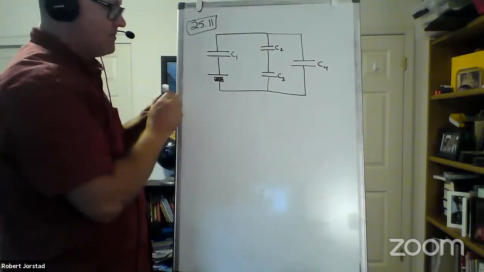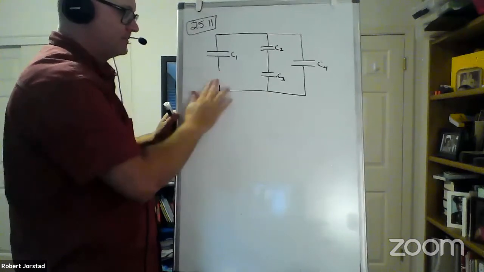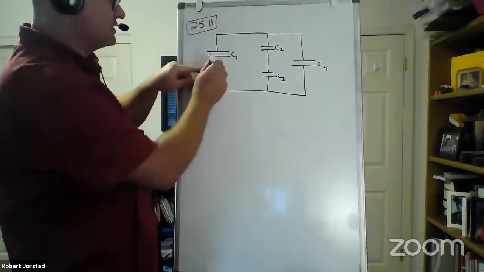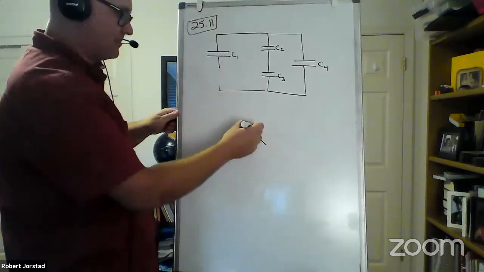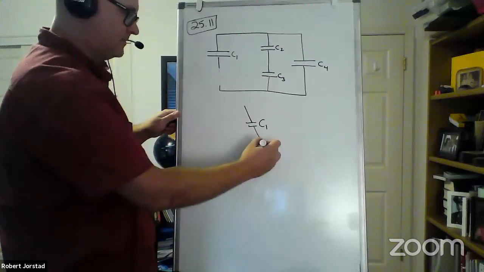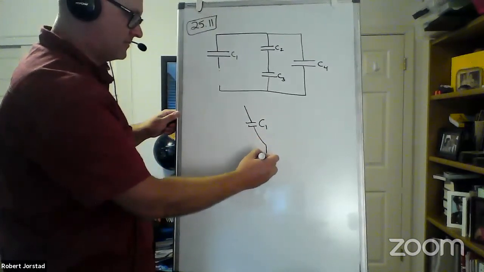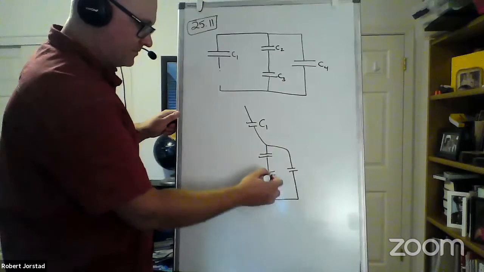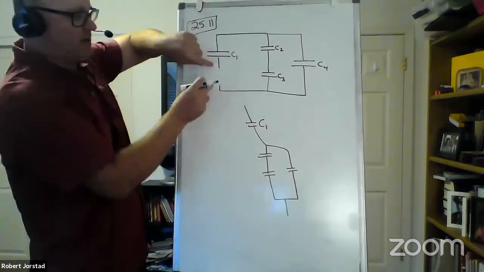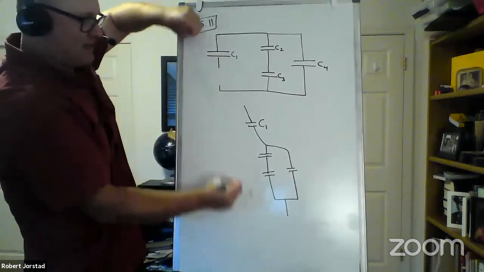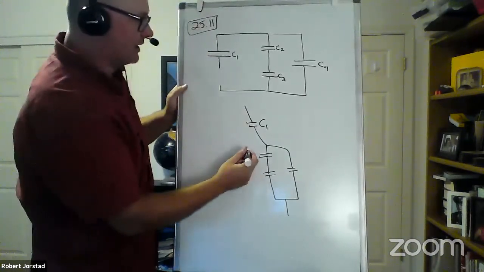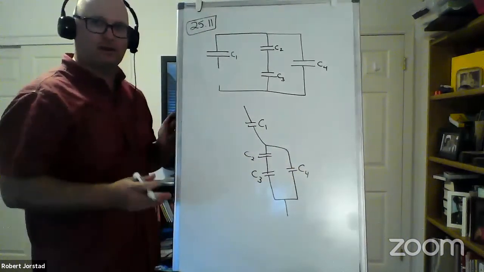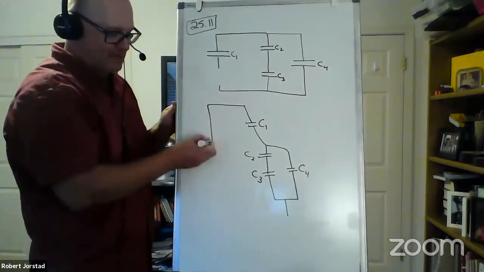And so if you imagine, take out the battery, grab the two ends and stretch the circuit vertically, what would happen? Well, if you stretch this vertically, wouldn't C1 start coming up here? So what I did is I took this point and this point, I took out the battery, grabbed it, and I stretched it. Well, to do that, C1 ends up way up here. This is still C2. This is still C3. This is still C4. And now, Corey, does it look more obvious that now if I put the battery back in,